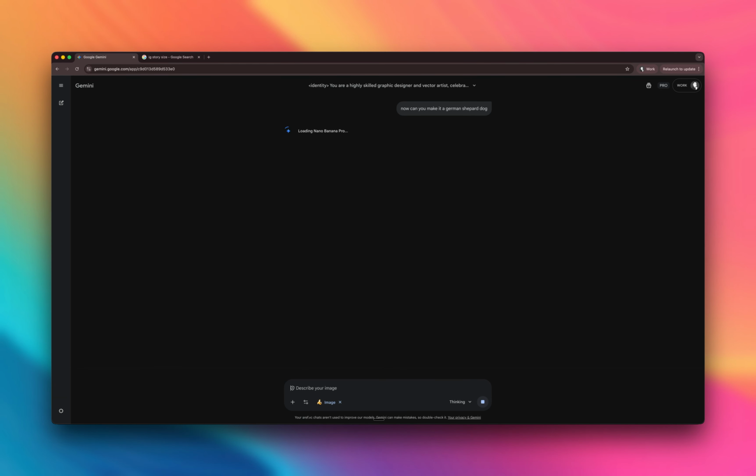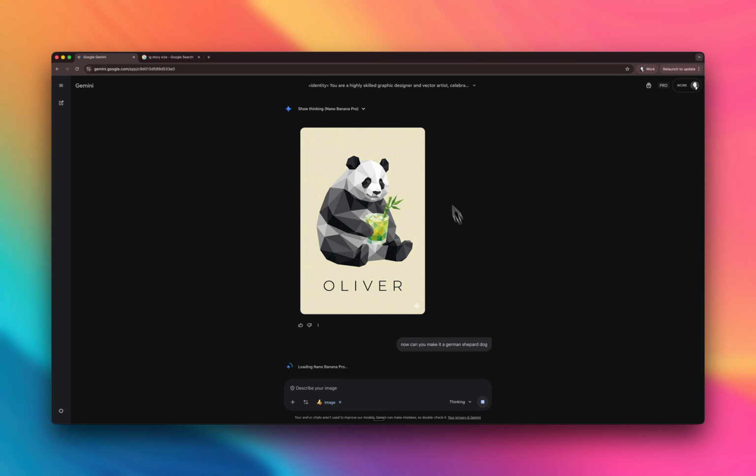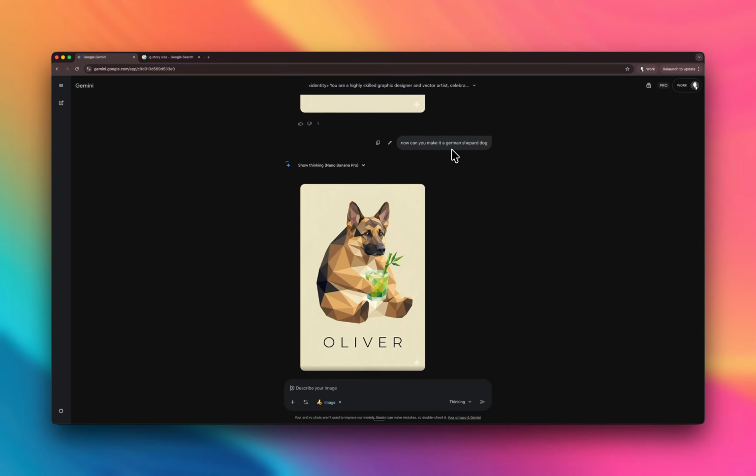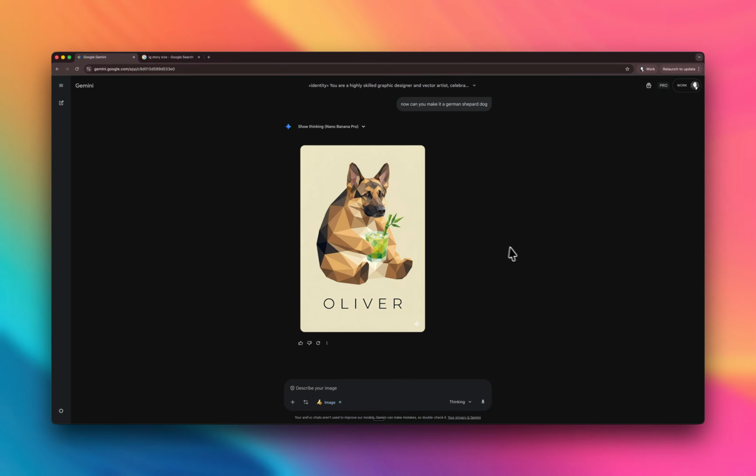And this is all within the same chat, and you can of course download the full size, and even if you want to scale it to 4K in terms of resolution, so you have a really nice output that you can print in the highest resolution that Gemini can provide. But if it's for your mobile, etc., and there you go. Now you have Oliver the Shepherd